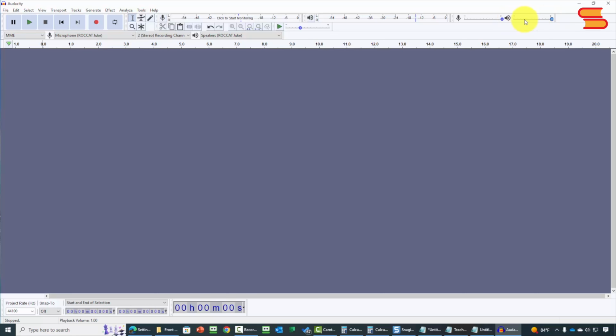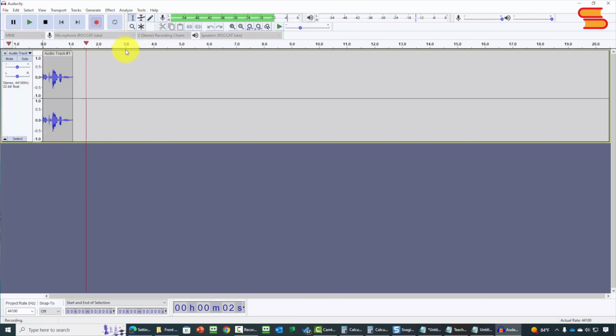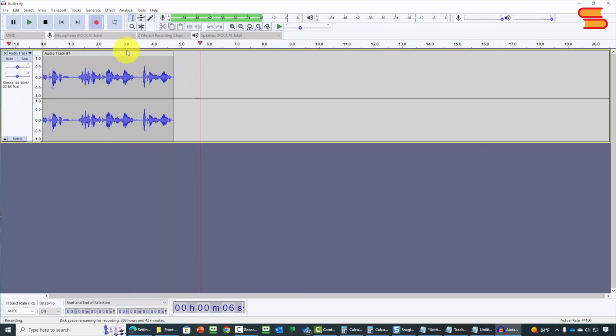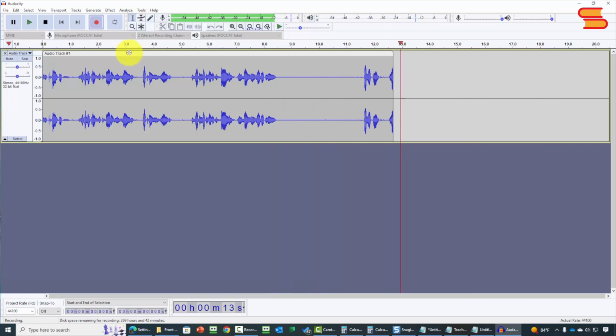You want your playback volume to be at the level at which you believe your customer will be listening to it. Now, once you've made the adjustment, what you can do is you can click here. You can begin to monitor your Audacity system, and then you can click the record button and you can begin recording your voice with your new volume. And once you determine the volume, you'll then be able to figure out how you want your